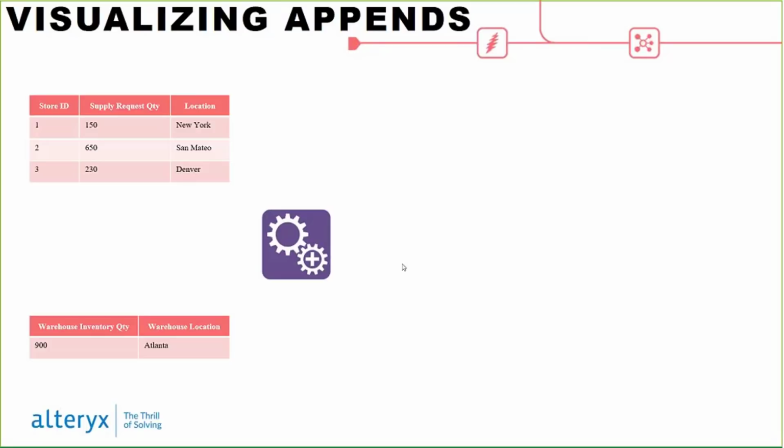So why would I use it? It's just a simple way of adding some data globally to one another. So it's a good way of saying, hey, I want to find every combination of, or I just want to quickly append one little bit of information into my records. In this case, I have kind of a list of locations of stores that I have with a supply request, and I have one warehouse that can kind of serve or supply those supply requests, right? It's in Atlanta, and I simply want to do some sort of subtraction of 900 from each of these store